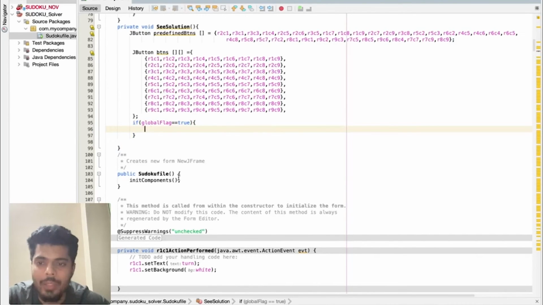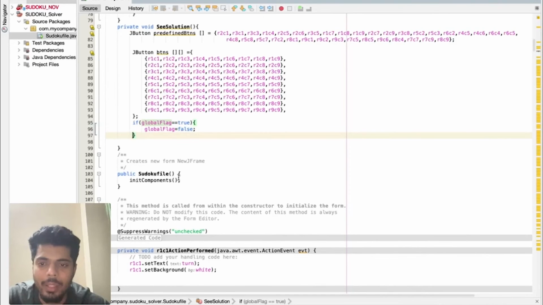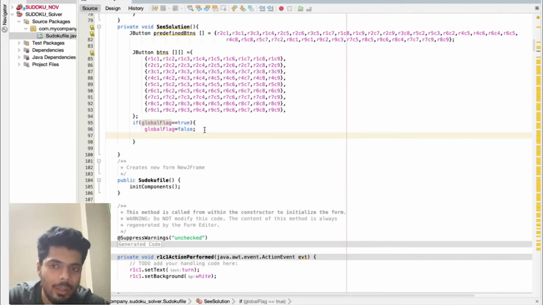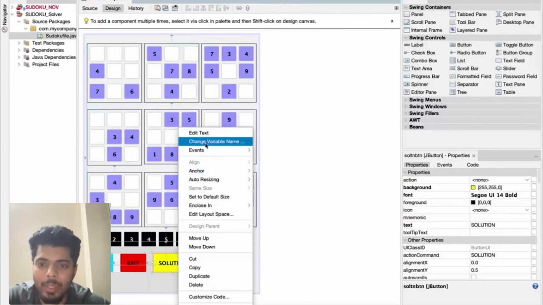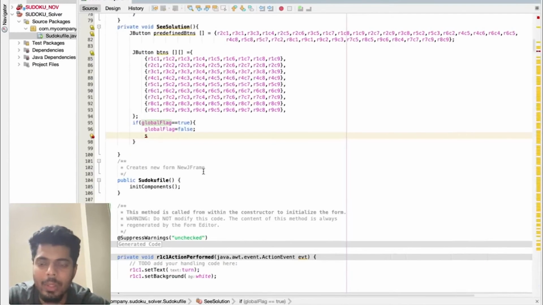As soon as I've clicked on it, I'll set its value to false first, and then to the solution button I'll do set text to hide solution.